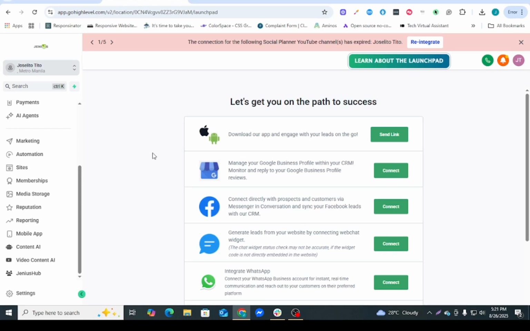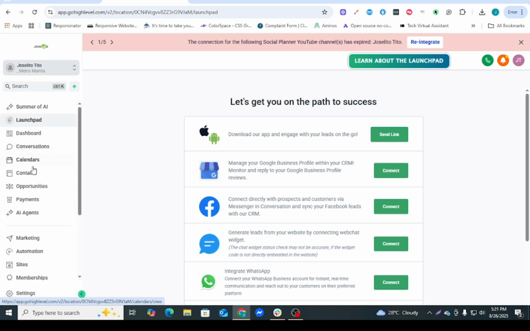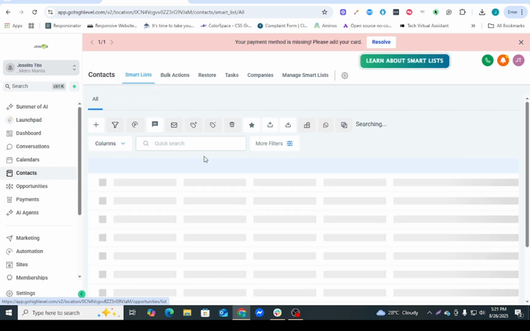How to import contacts, create custom fields, and bulk actions inside the Go High Level platform. So first, for import contacts, navigate to contacts,